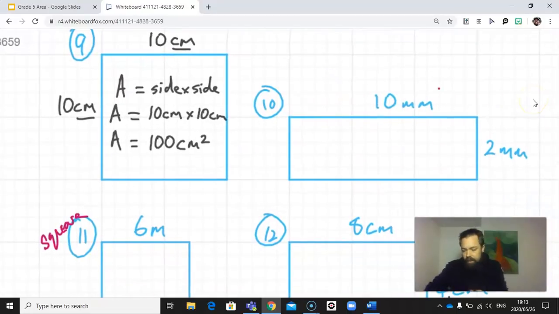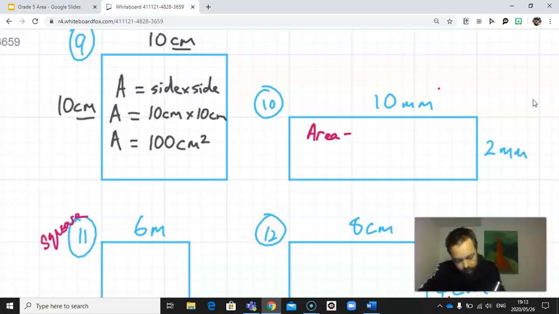Number 10. It's a rectangle. We've looked at a rectangle before in question number 7. Let's have a look at this one in number 10. Well, I've got a long side and a short side, and we've realized that if we times them together, we can get our answer. So,